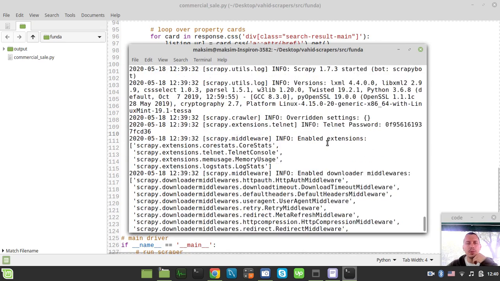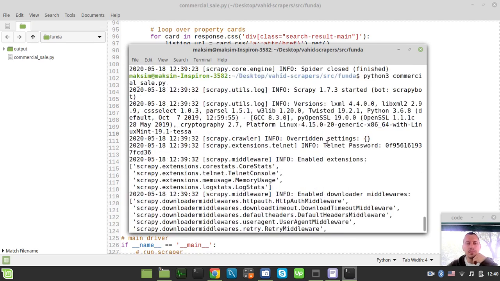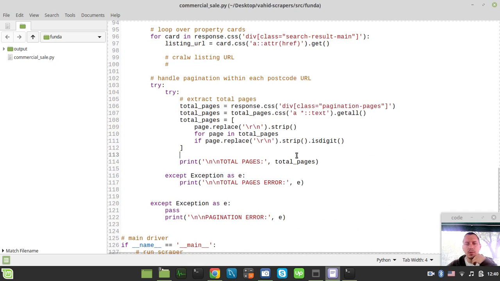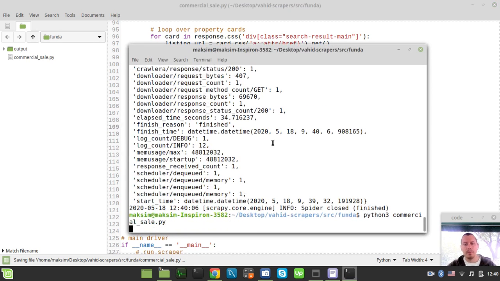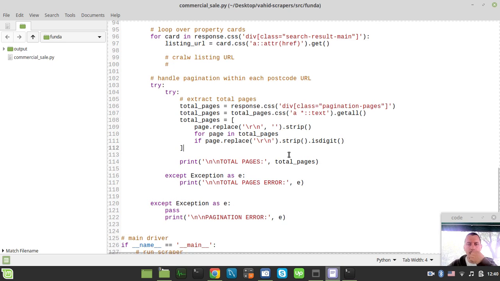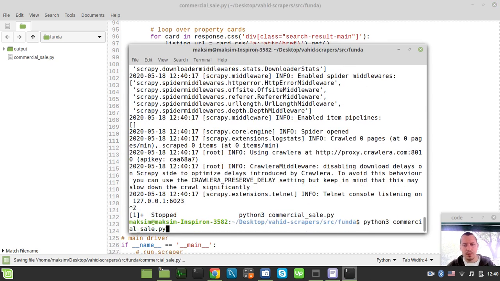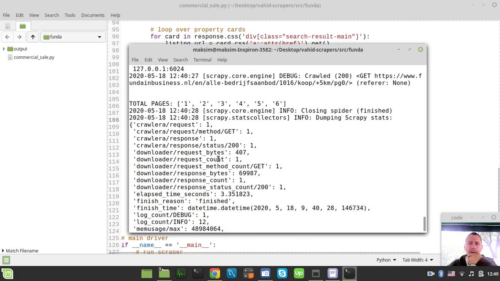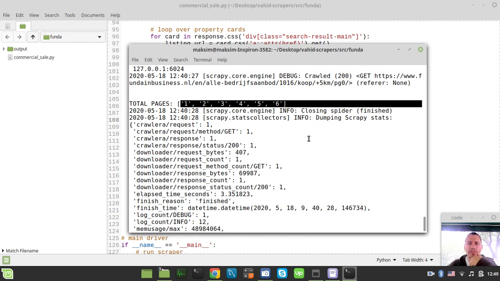Yeah, it's a bit unfortunate, but nothing to be done actually. Replace takes 2 arguments. Oh my god. Yeah, replace with nothing. Okay, this takes 1 as well. Okay, now we finally got our pagination